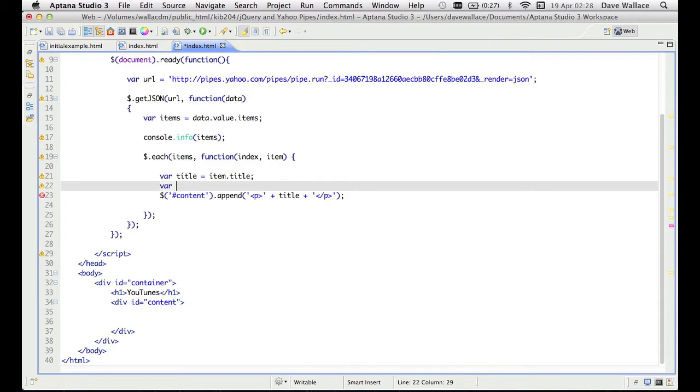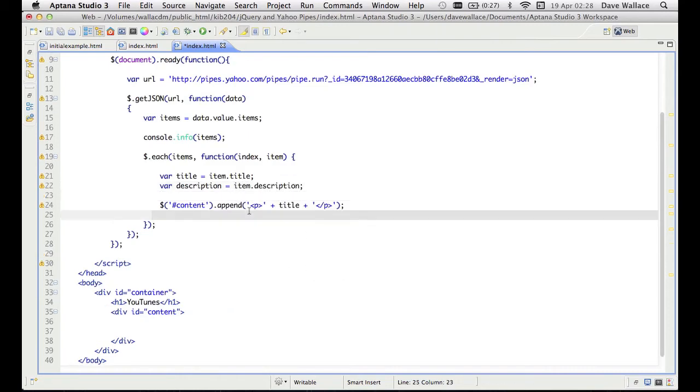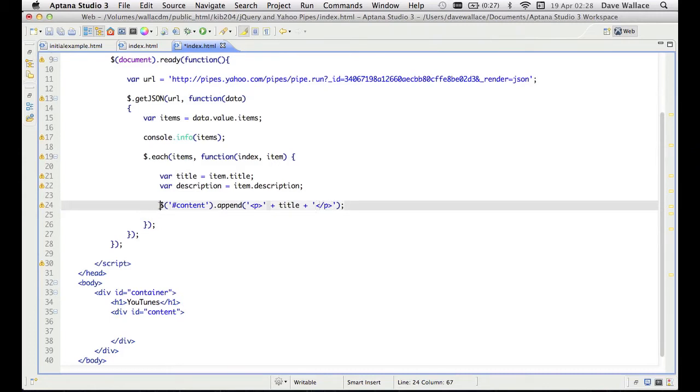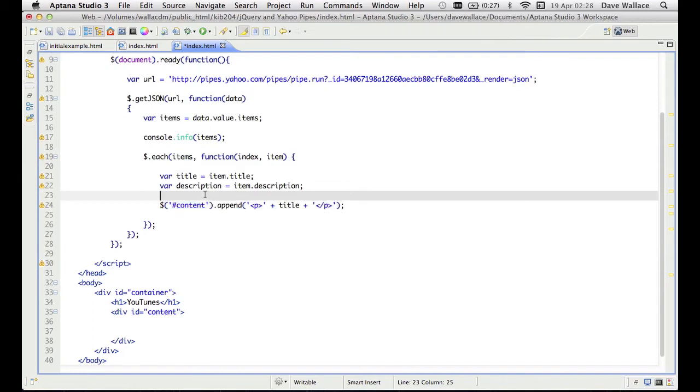Okay, so let's go description equals item dot description. Now the item description actually contains a lot of stuff in this example, so it's actually kind of handy for us. We don't have to do much, but